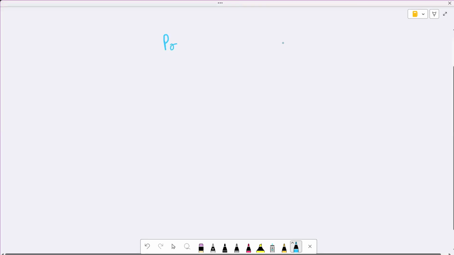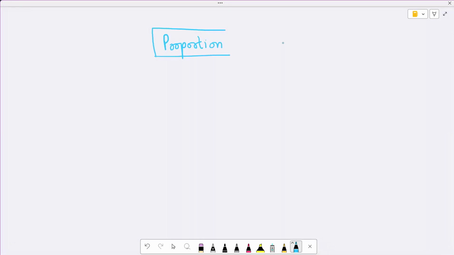So I can just write here, proportion. Now, what exactly is proportion? So proportion means comparison of ratios,